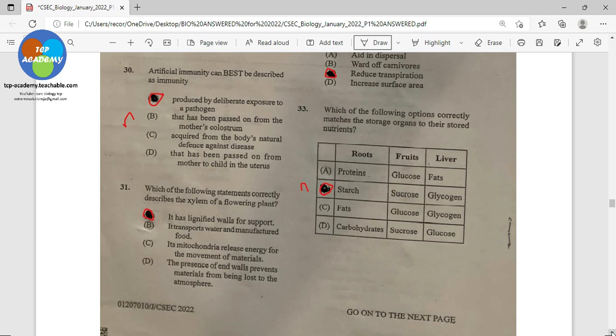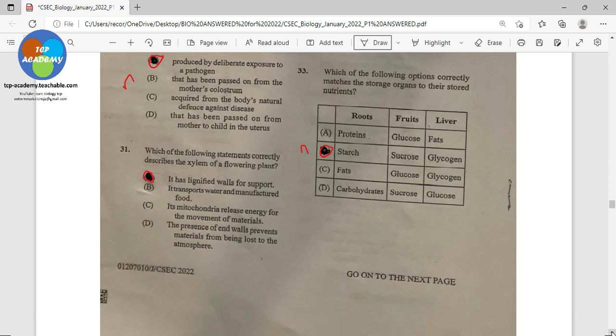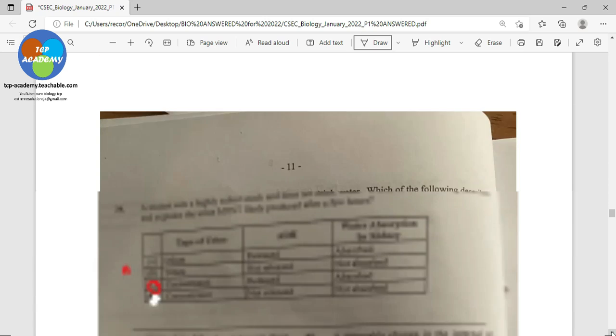33 is also a new question. Which of the following options correctly matches the storage organs to their stored nutrient? So root there being starch, we have fruit, sucrose, and then the liver, glycogen. Remember insulin, glycogen, liver? All right, great. All right, so we move on now to